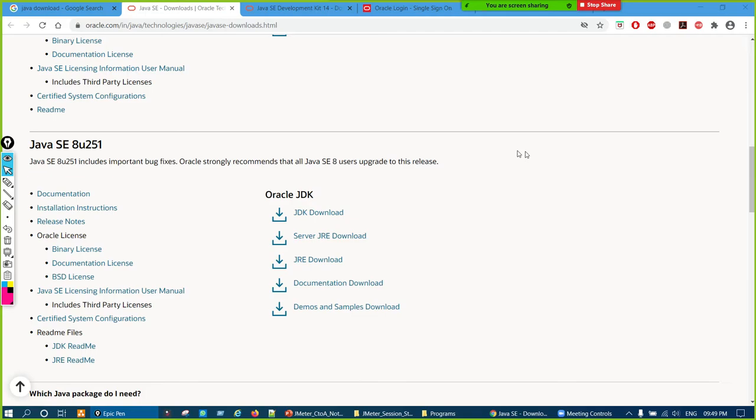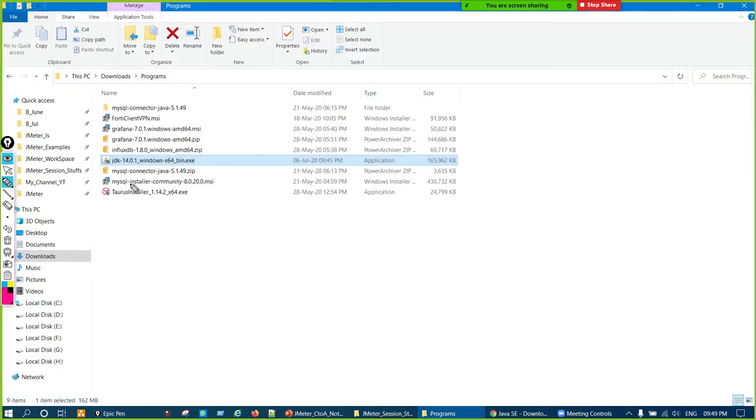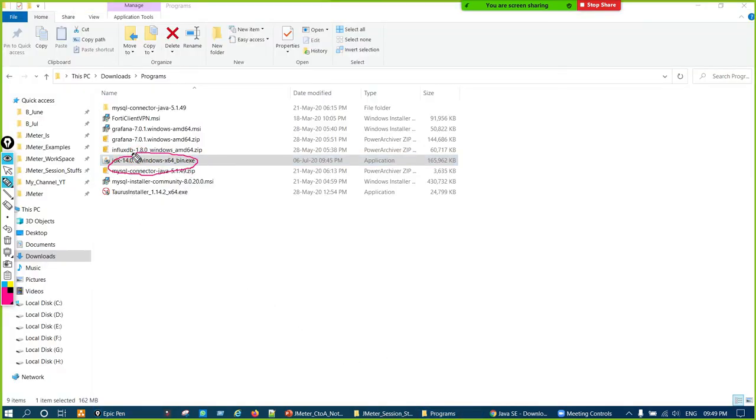That is there on the website also. I have a small blog website there, and I'll ping that. You can download it from there also. JDK 8, no need to sign in. So the basic thing to understand is that whenever you download this JDK, it will first install the JDK file, then it will install the JRE file. Just check that both are installing or not.